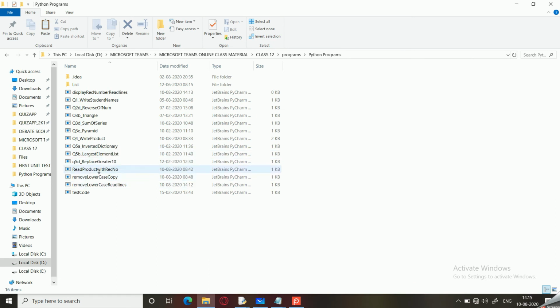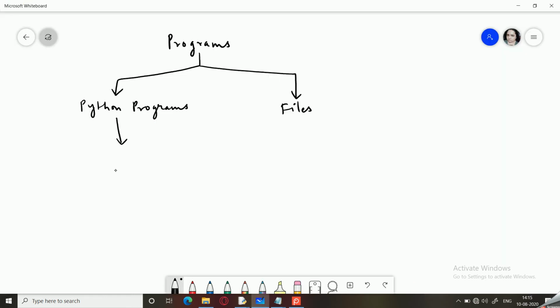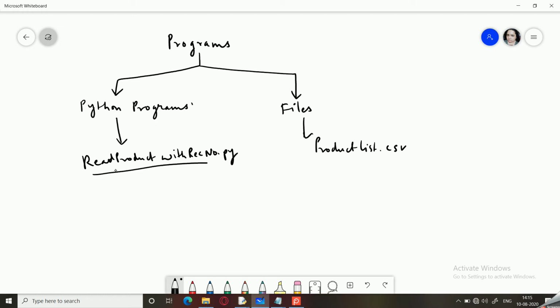It is read product with record number .py, and within files we have productlist.csv. So these are the two locations. Now our program lies within this folder, whereas our file is in this folder.